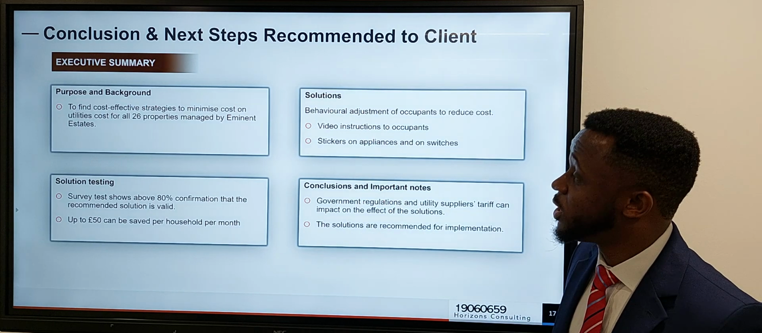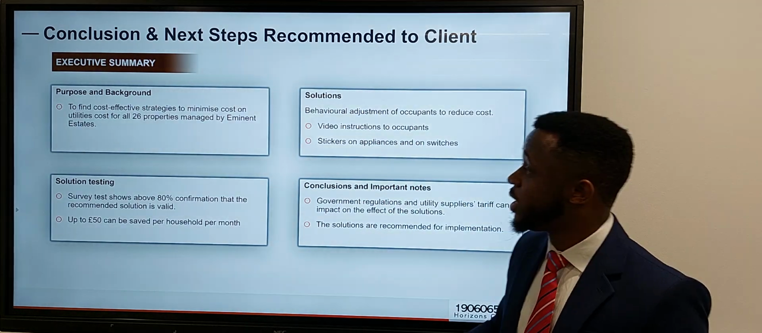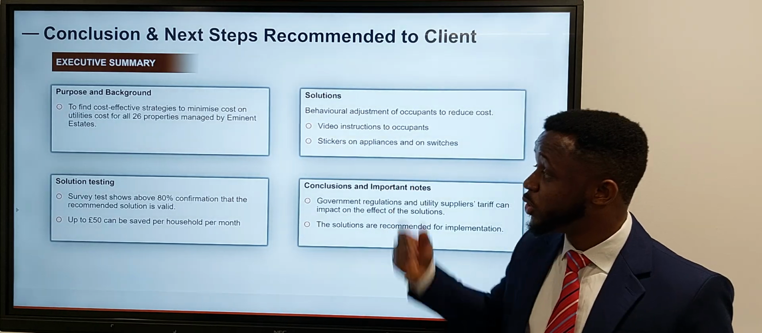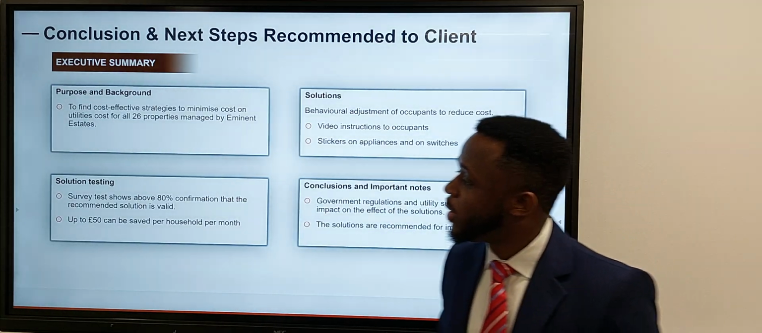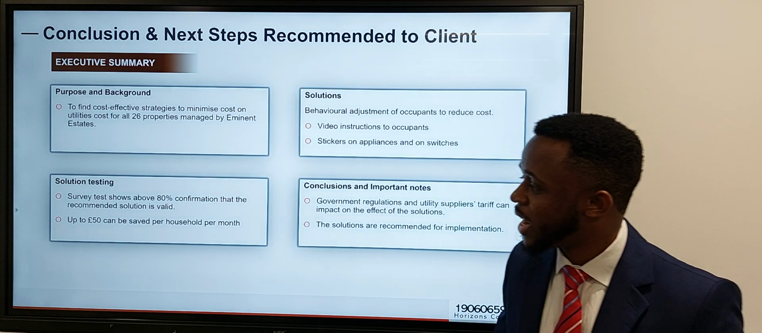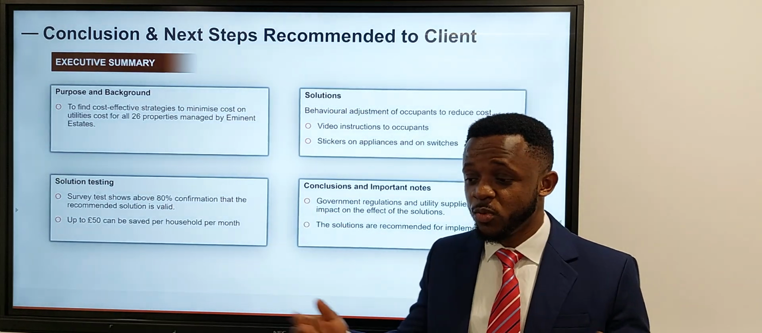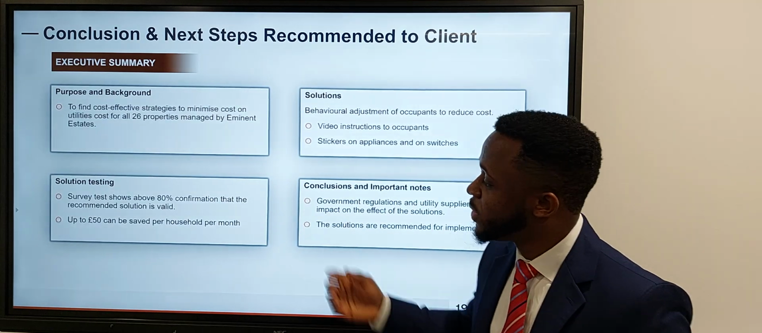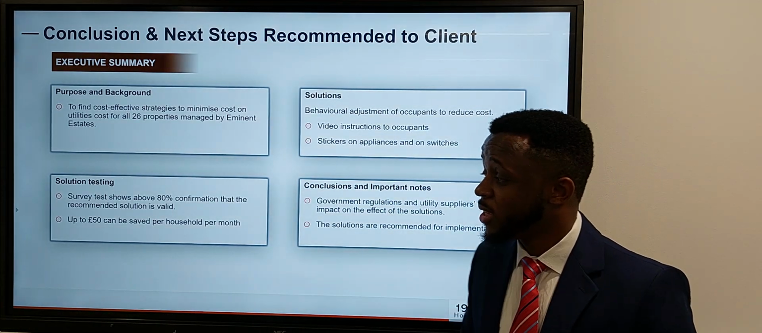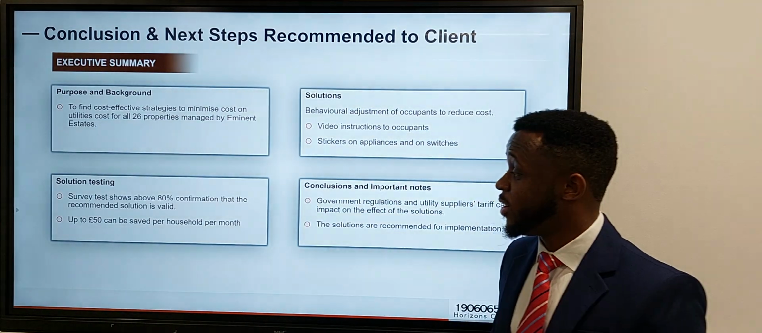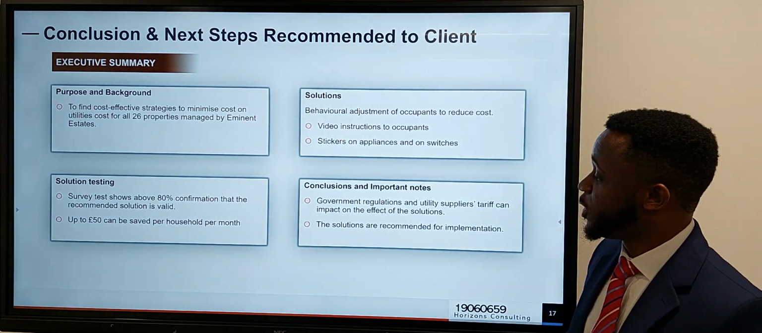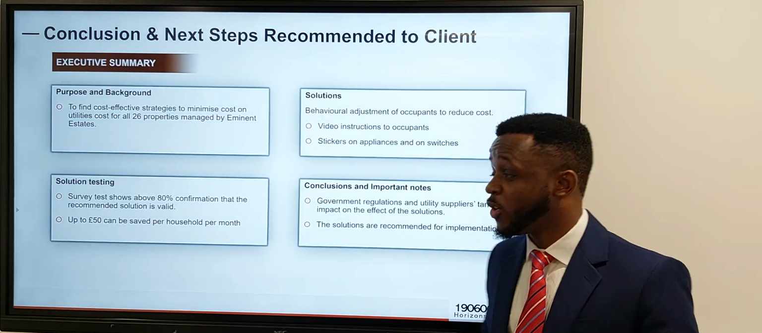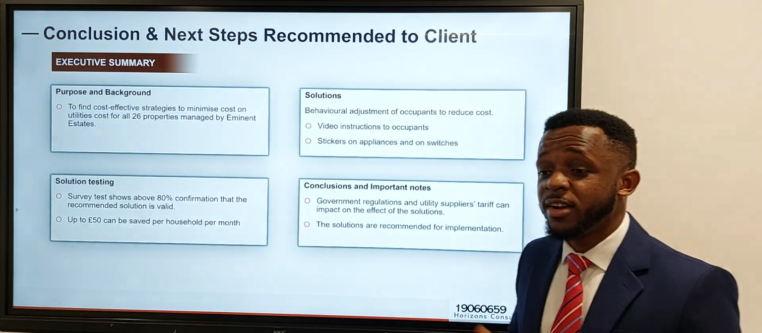And the two solutions under that are video instructions to occupants, and stickers on appliances and switches, which you can also call posters. And then we've tested the solution, and over 80%, which in one case is 84%, in another case is 94%, confirm that the recommendation is valid, and up to £50 could be saved per household per month. And the conclusion is that although government regulation on tariffs from suppliers can influence this